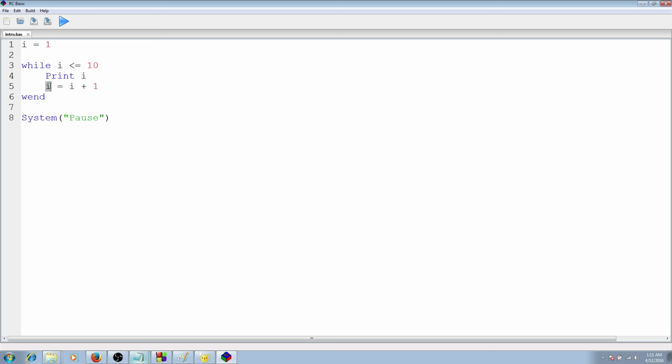And the reason we didn't just do I plus 1 is because I plus 1 is just an expression that's adding I and 1 and then not doing anything with the value that's returned. So we want to set I equal to whatever I is currently, which is 1 starting out, so we're making I equal to 1 plus 1, and then it jumps back up to here,